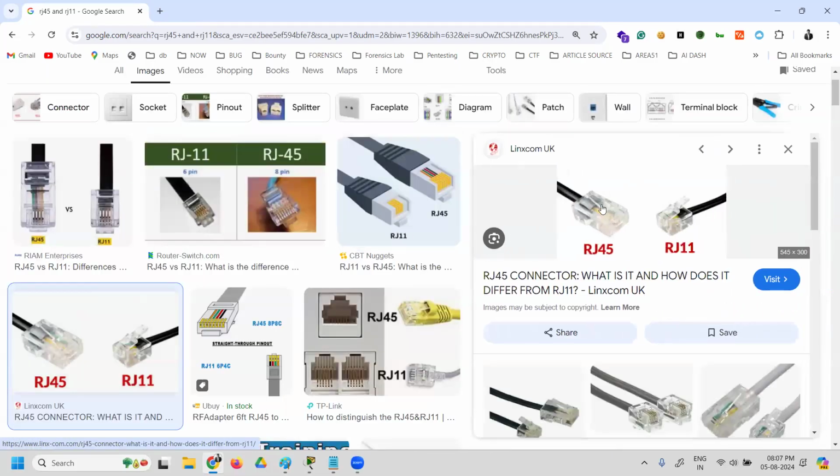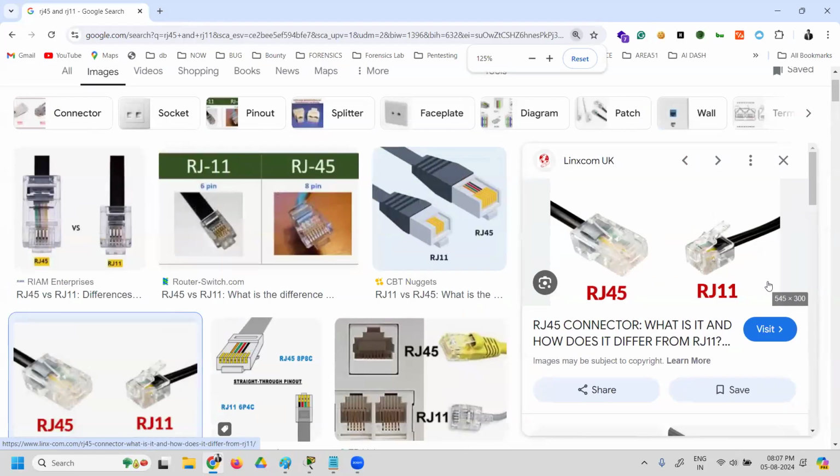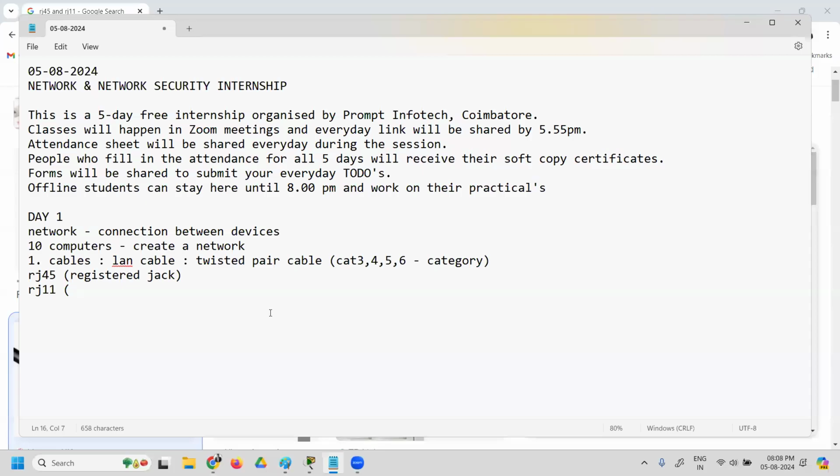This is RJ45, which you see in LAN cables, and this is RJ11, which you see in telephone lines. If you've seen telephones, you have this connector which is plugged into the telephone, right? That is RJ11. RJ11 is used in telecommunication, and RJ45 is used in networking.